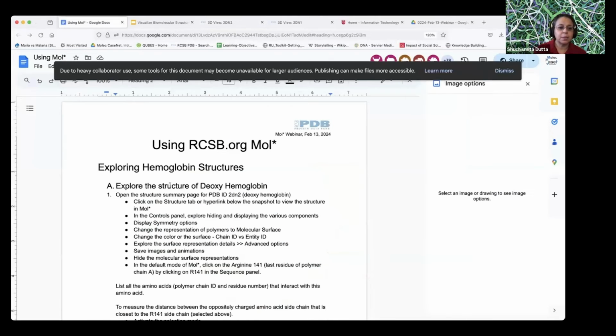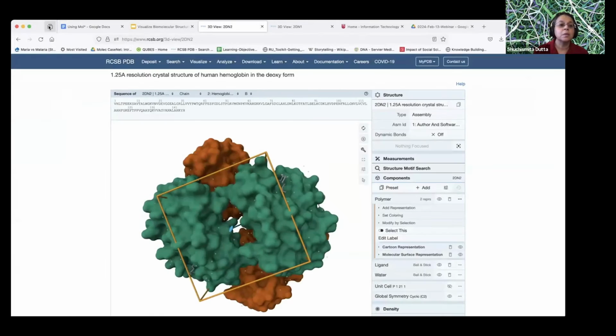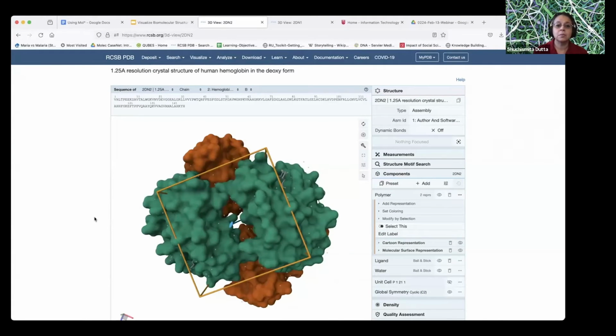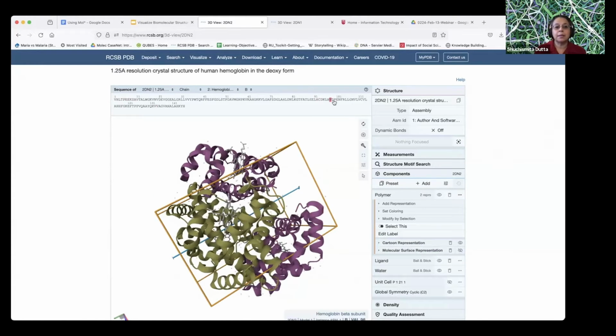Having said that, as we continue through this, one of the questions in the companion sheet is, can we examine the neighborhood of one specific amino acid? And I'm going to do this in the deoxy. This is the structure where I need to do this. I'm going to hide the surface. And I'm going to pay attention to the sequence panel here. In the sequence panel, I have the alpha chain, and this arginine 141 is what the question is all about. So if I click on this,